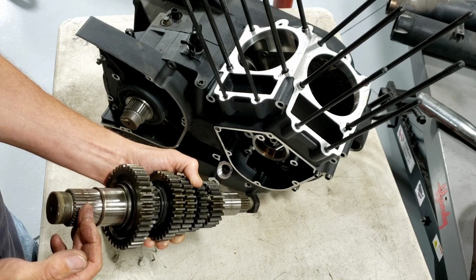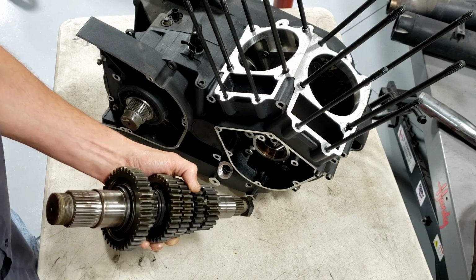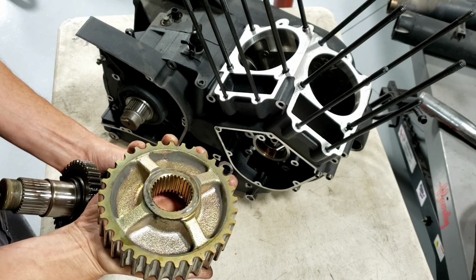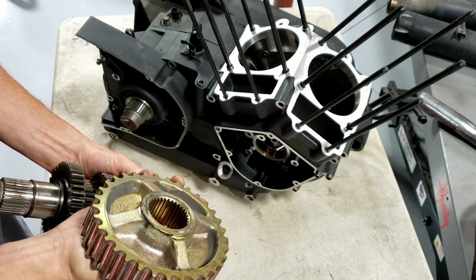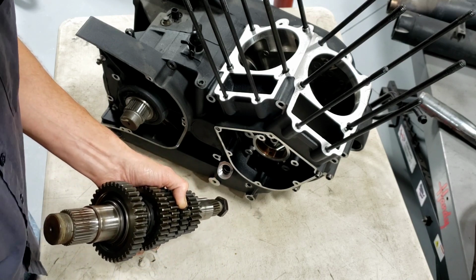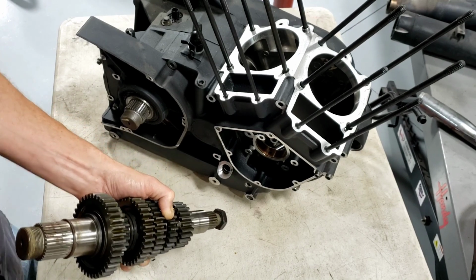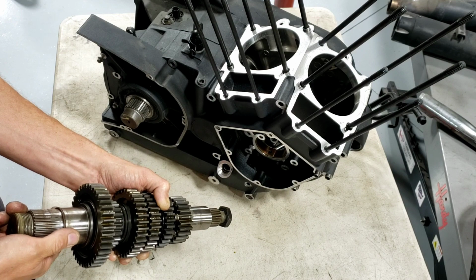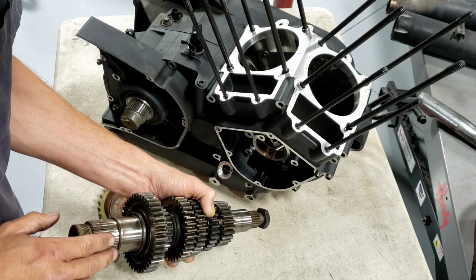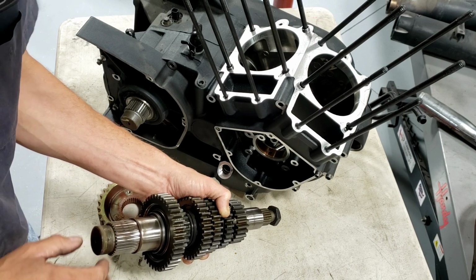So this shaft here is really hardened steel, really hard and durable. This is also a really hard piece of steel, but it's cast, a slightly softer metal than this. The theory being that this is sacrificial if they were ever to loosen up. And so on the old models, they loosened up a lot of the time, and we'd have a lot of issues with replacing it. And then in later models, they went to a more fine spline and a more fine thread,